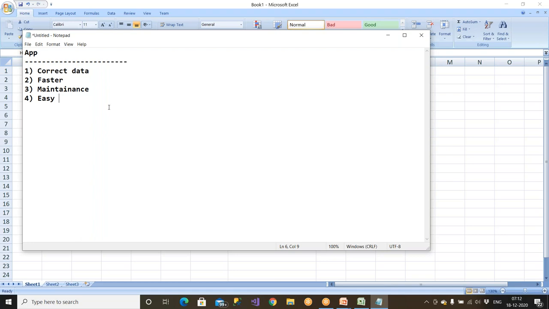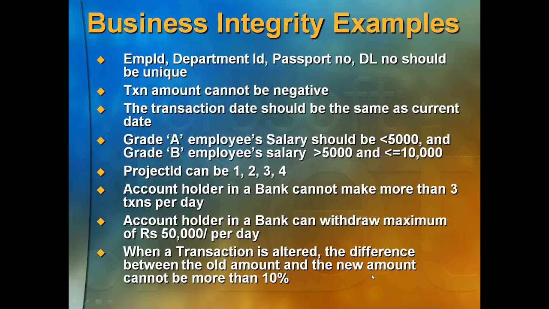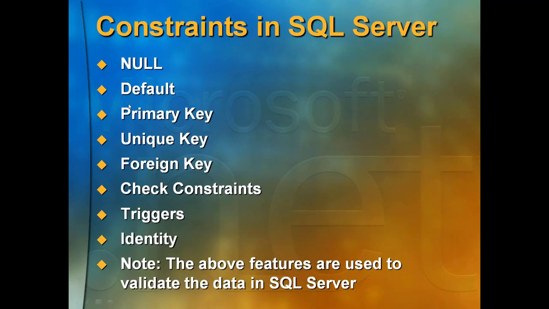Because I need to understand your thinking. Based on your thinking, you write the code, and when I join the company tomorrow, I should be able to see your code and modify it. Clear? So this is a beautiful saying. Many people can write machine understandable code. Only few can write human understandable code. So definitely you should be able to write human understandable code. Definitely a machine can execute any kind of code. Am I clear? So a database is there to store the correct data, and SQL Server has a lot of constraints. These are called different features.